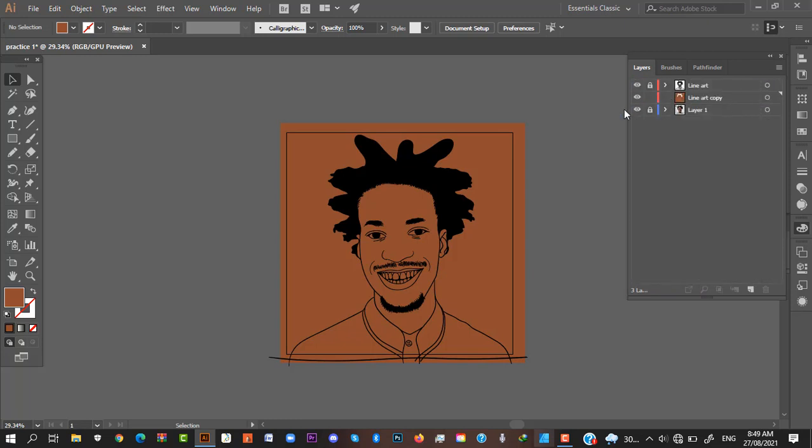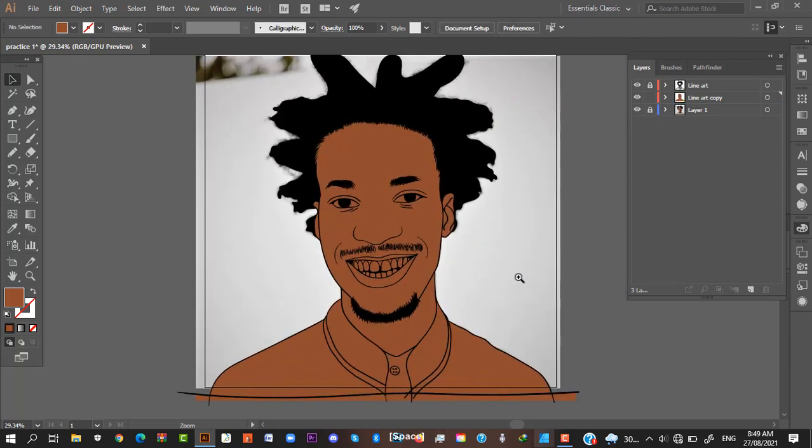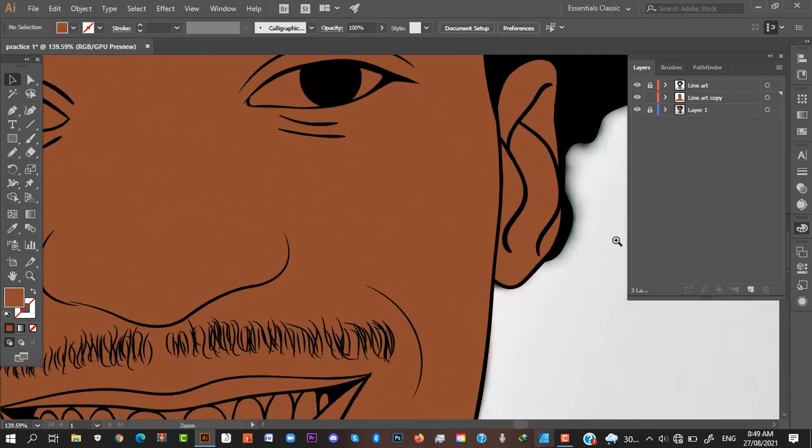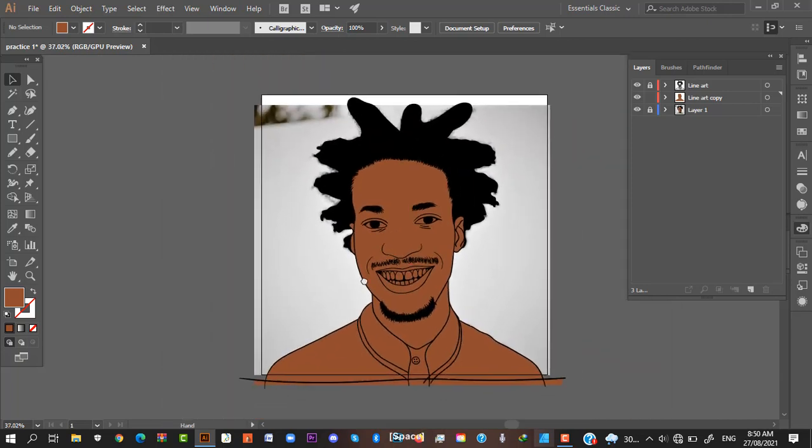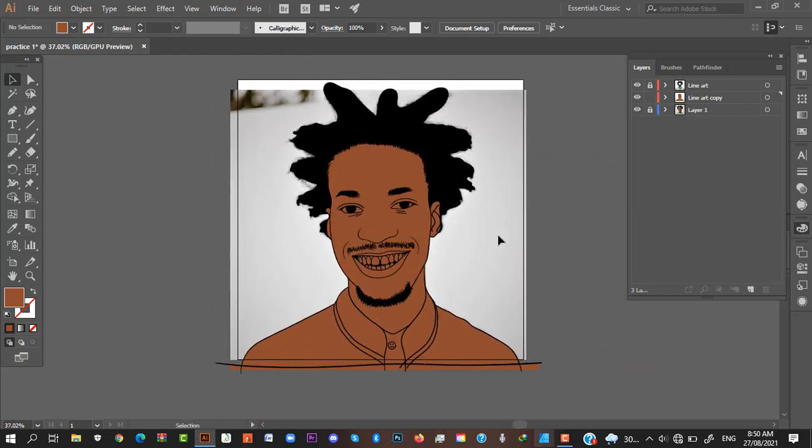This is our base color now. We select this, we don't need this. All right, so yeah, we have our base color. Now we want to give each and every shape its own color. The cloth is not going to be the same color with this, so